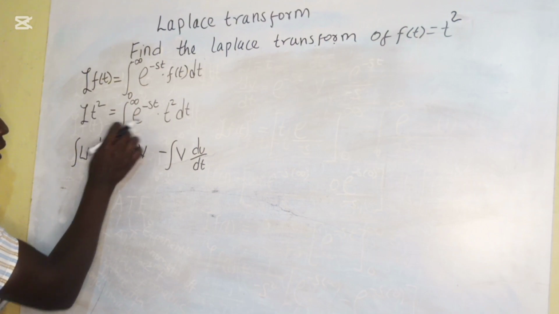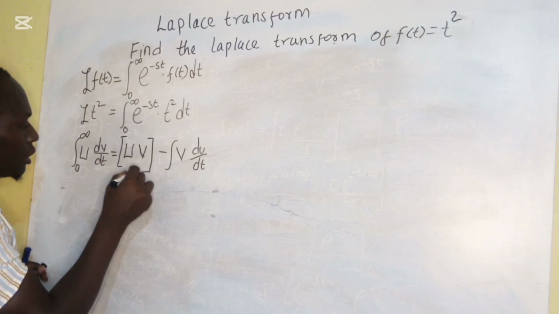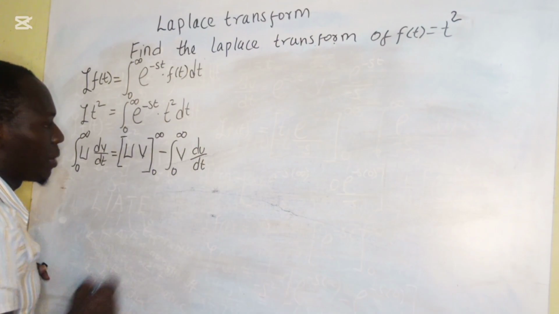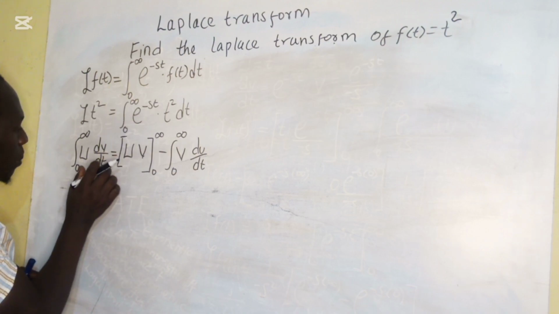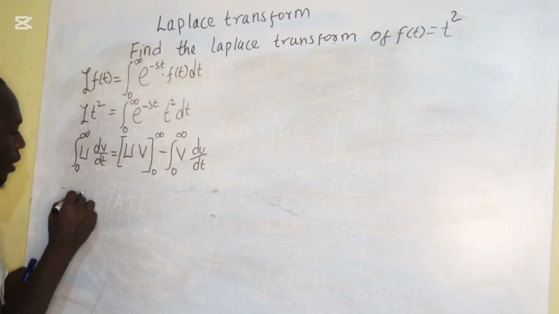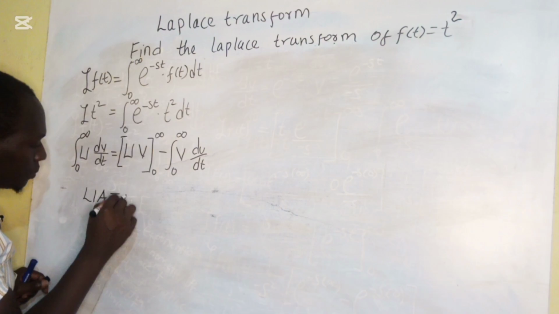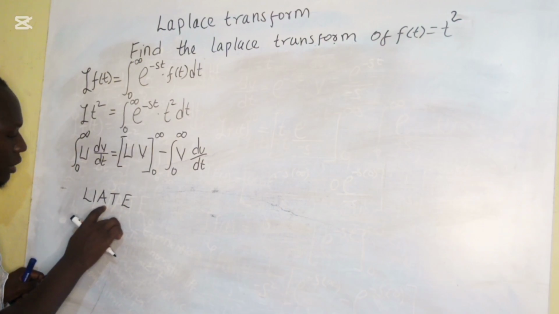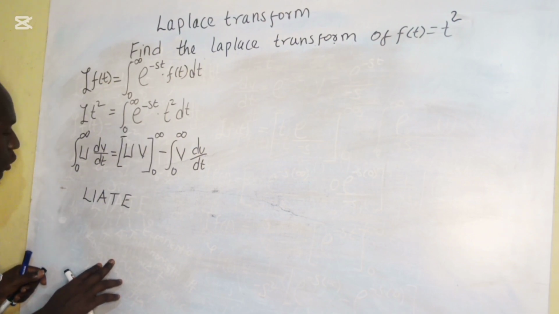When we come to our integration, we have our limits, to mean that after taking our integration we must use our limits. We agree that for us to come up with our terms of u and dv/dt, we must use this acronym,